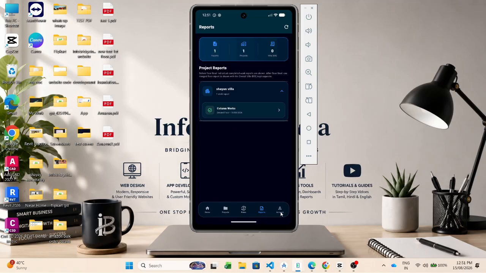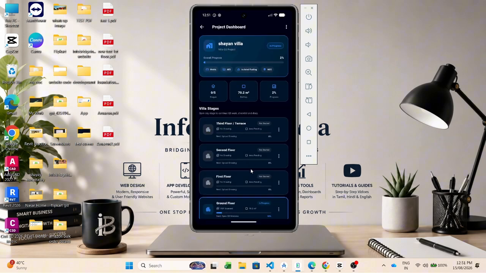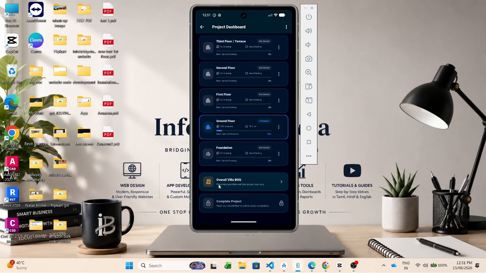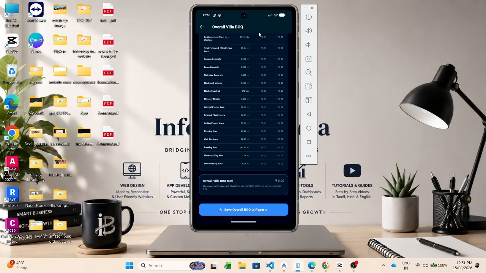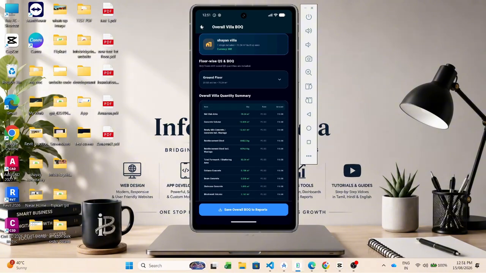complete project reporting workflow. You also have the overall Villa BOQ. BOQ means Bill of Quantities. In simple terms, a BOQ brings together the different construction work items, their quantities, and the available costing information into an organized project summary. So instead of checking every individual calculation separately, the overall Villa BOQ gives you a consolidated